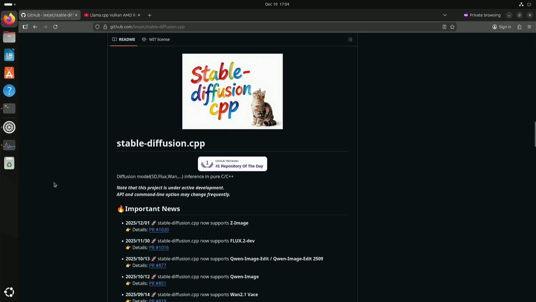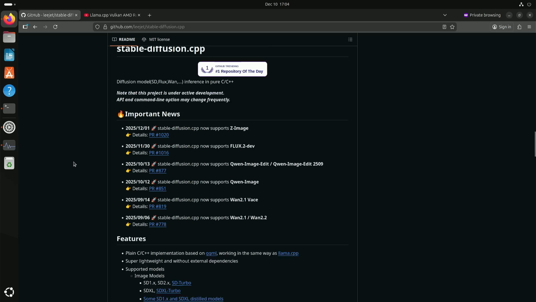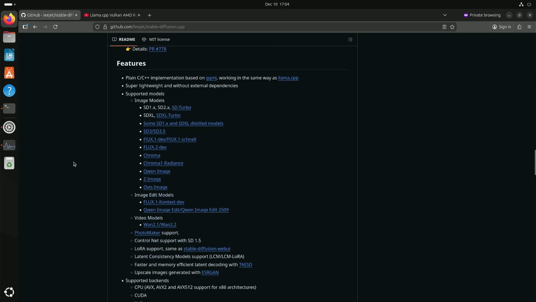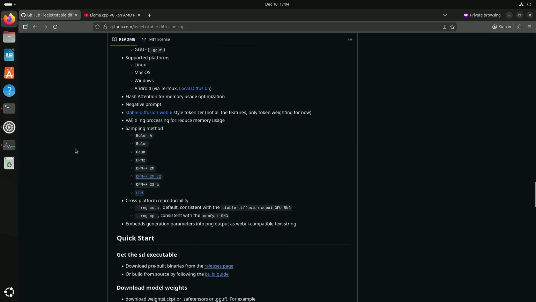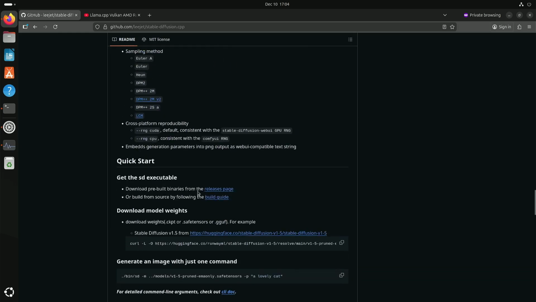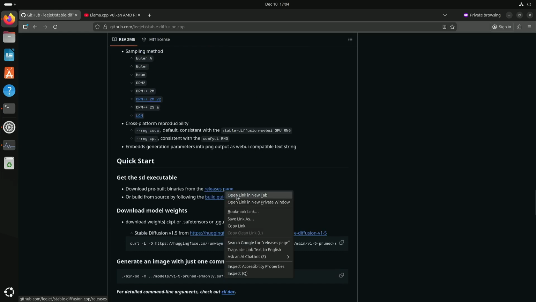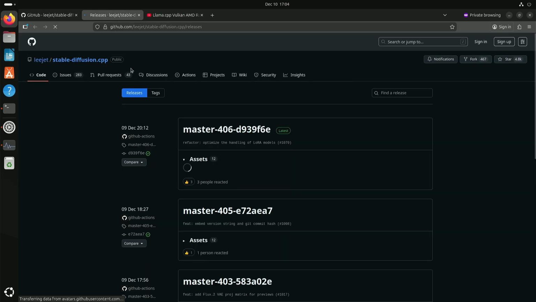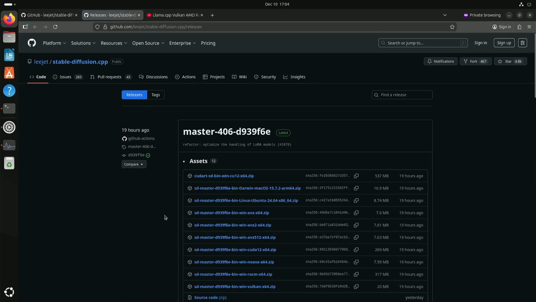So here we have the GitHub page of Stable Diffusion C++, and it supports several models. It even supports a video model. And if you have Intel or AMD, you can go to the releases and then download. For Mac, for Linux, there are several flavors for Windows,